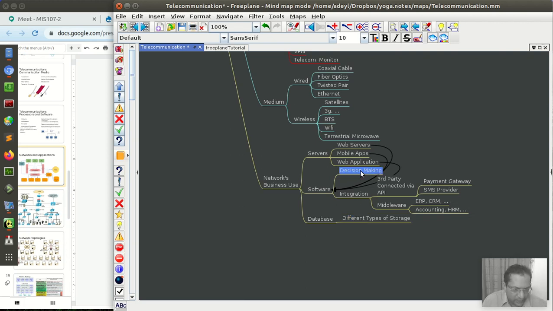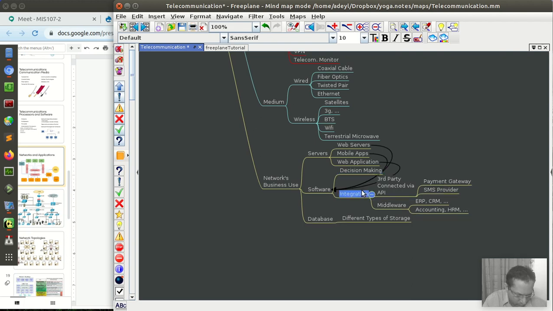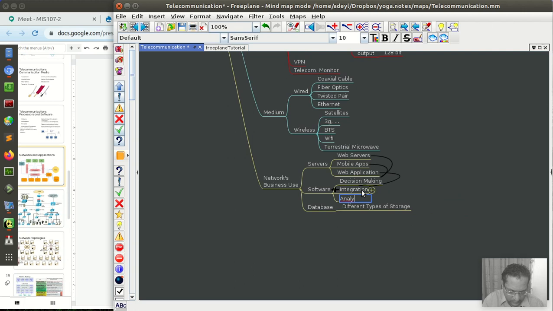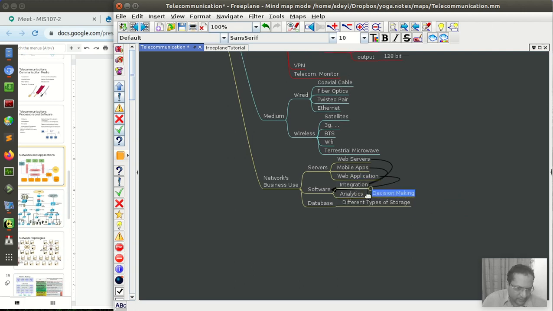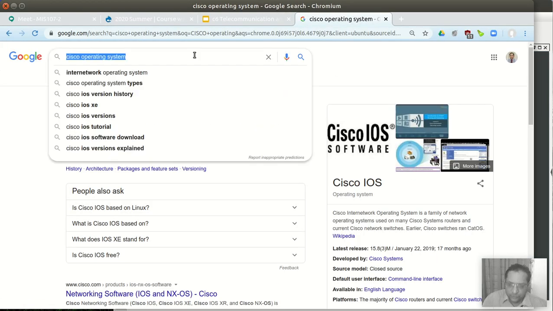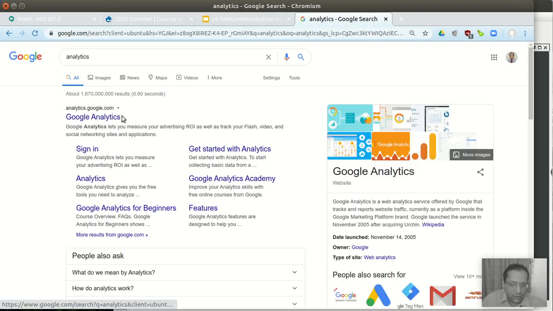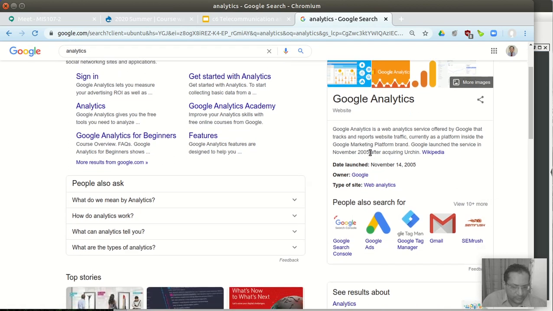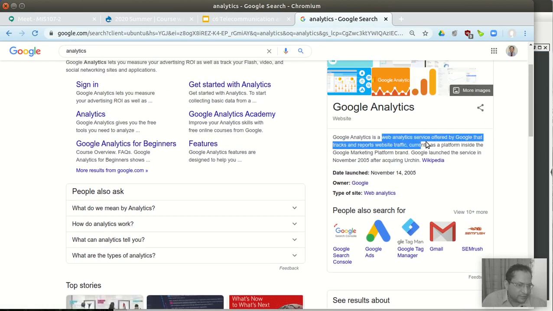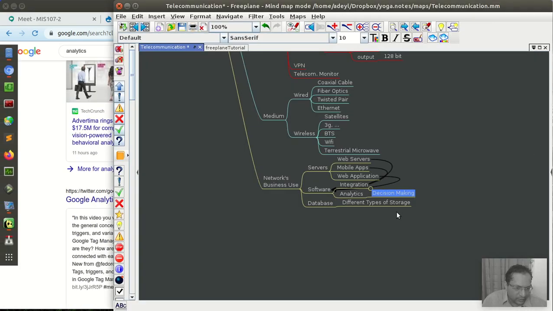This decision making, another term for this, and even a higher term for this, is analytics, business analytics. Analysis, right? Another form of analysis is analytics. Google uses this term. This is an analysis service, multiple analyses together. That's why we currently use the term analytics, right?